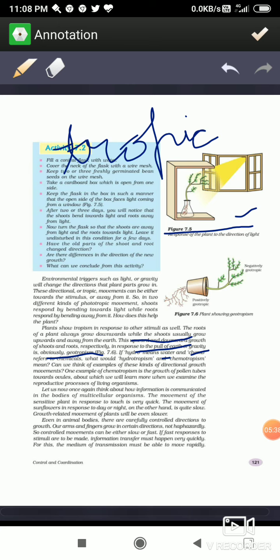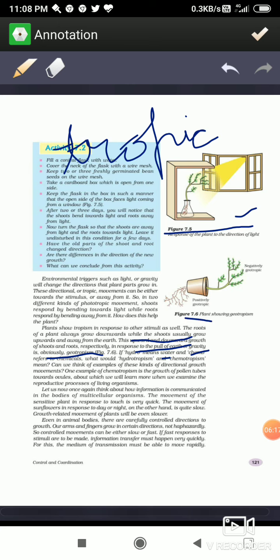डू यू नो हाउ इट हैपन्स? दिस इज अगेन शोइंग growth due to the movement of the plant towards the light, which is known as phototropism. So how does it happen? It occurs again just because of the movement of the plant towards the stimulus. And do you know what is the stimulus here? Yes, sunlight. It will act as the stimulus for the plant to grow towards it. Okay?